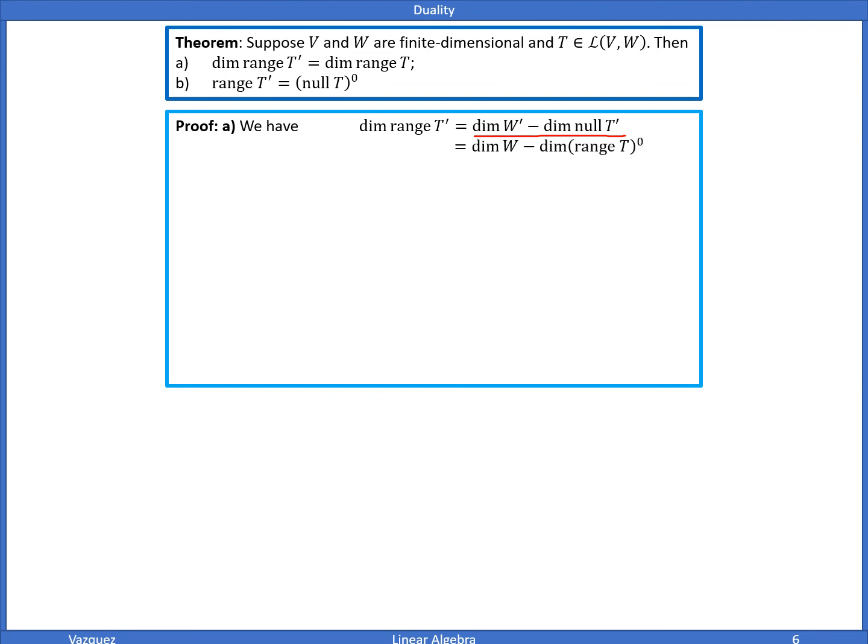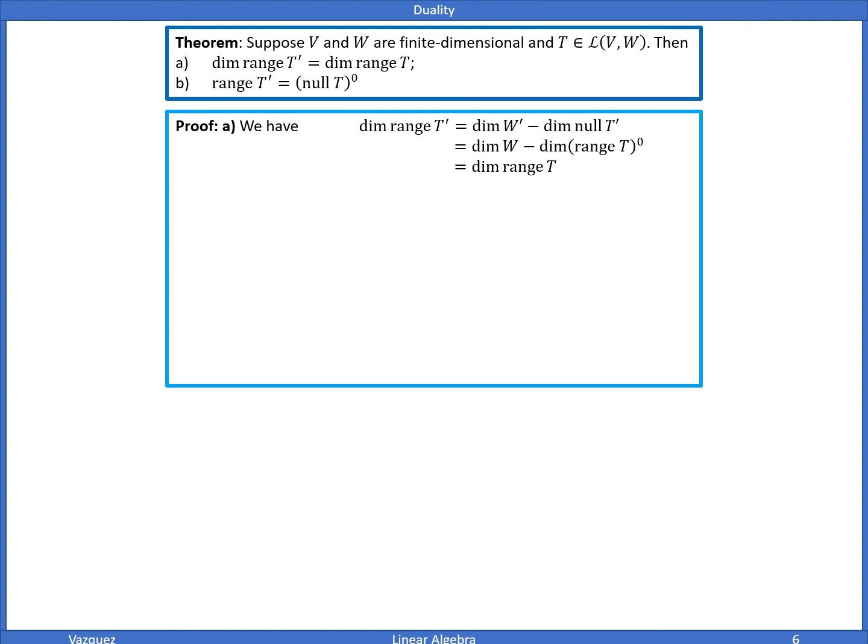Right, so that's equal to the dimension of W minus the dimension of the annihilator of the range of T, which comes from the previous theorem, right? We showed this null space of T prime is equal to the annihilator of the range of T,